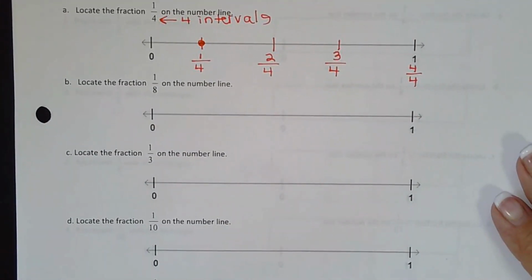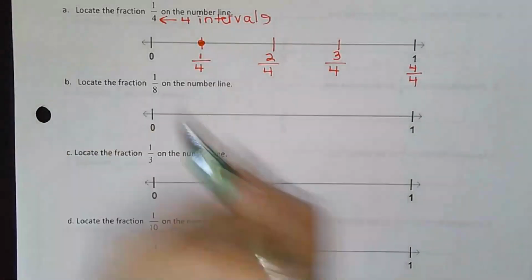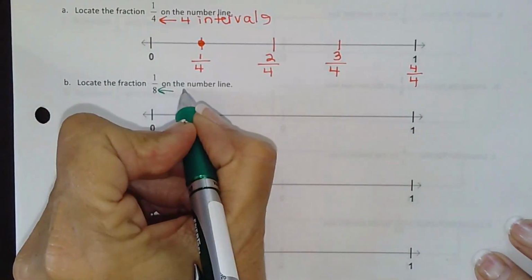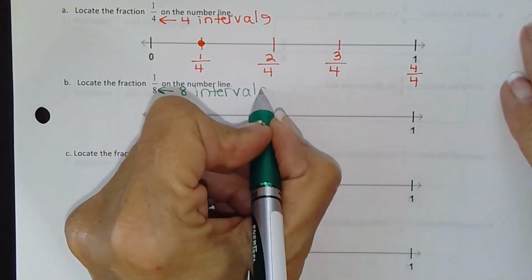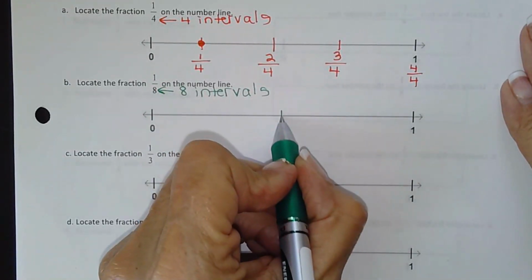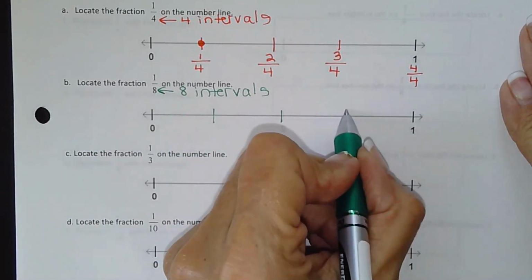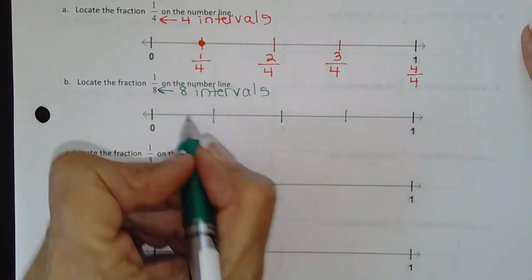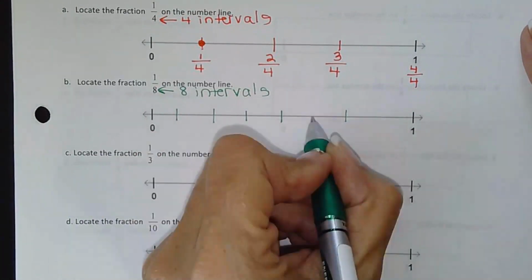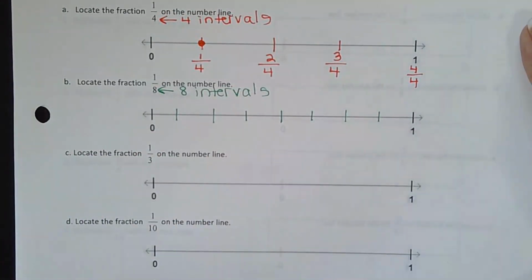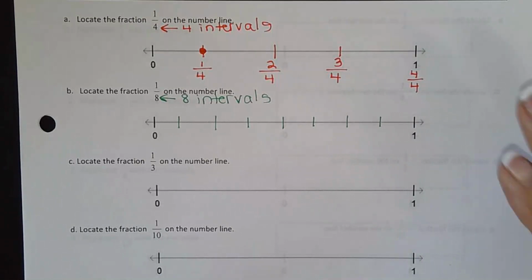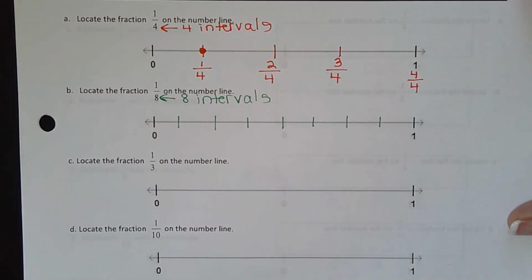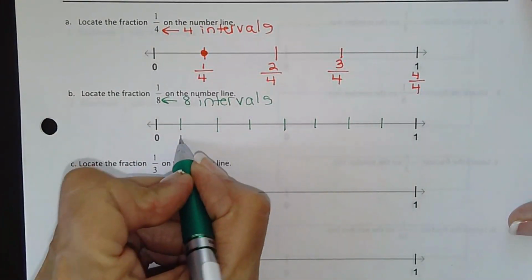Okay, 1/8 tells me there are 8 intervals between 0 and 1. So I cut it in half, and then I cut each of those halves in half, which makes 4, and then I cut each of the fourths in half. That will make 8. So when the number's even, a nice and easy way to do it is just start by cutting it in half, then in fourths, then in eighths. And so this first one is 1/8,